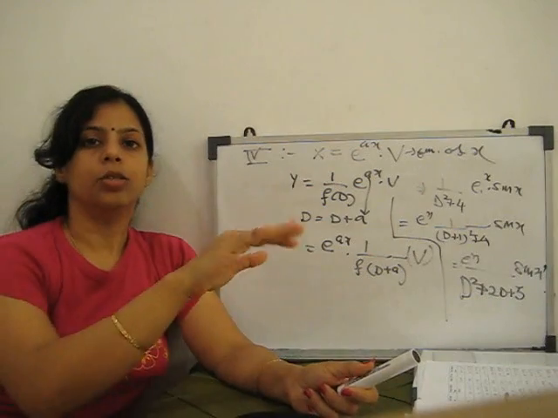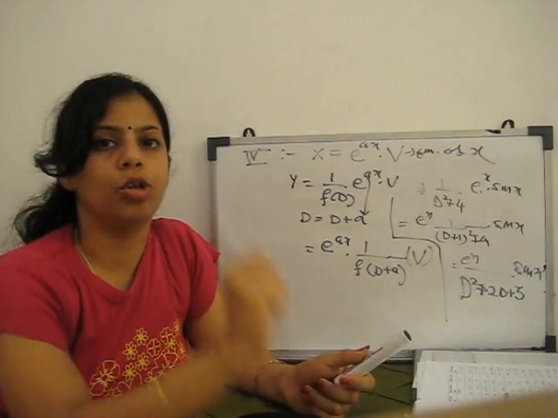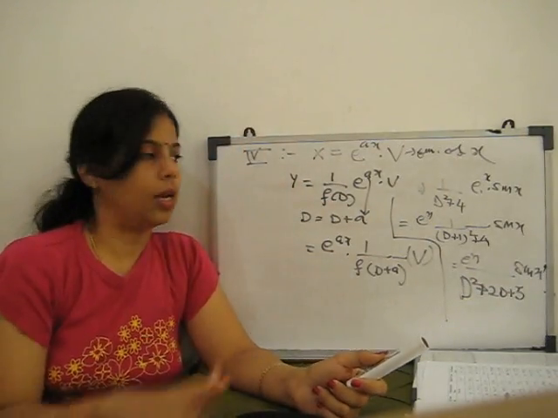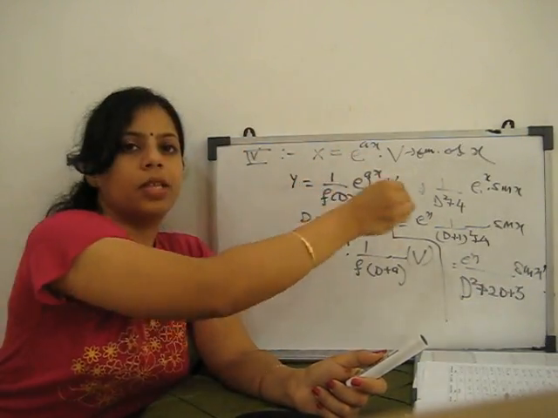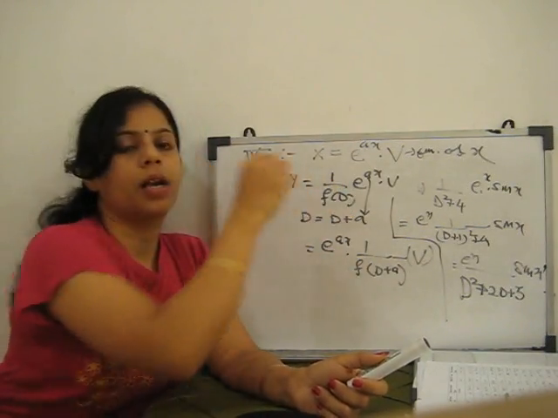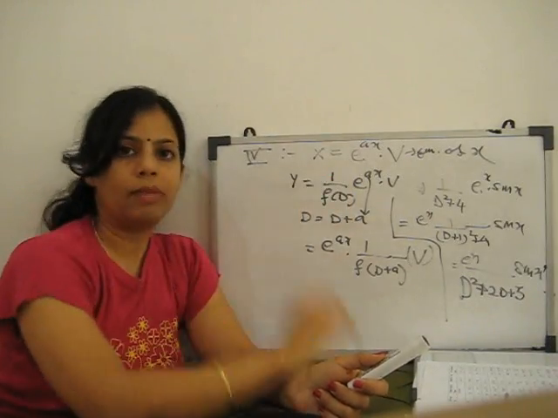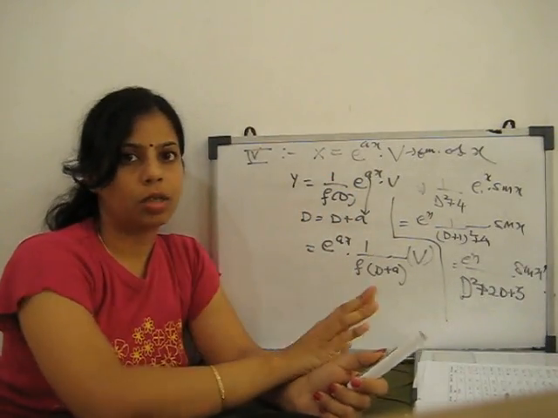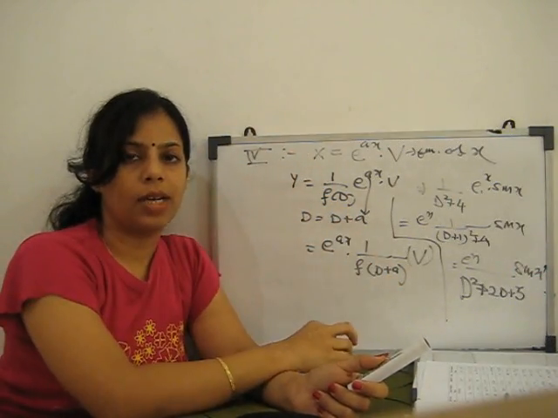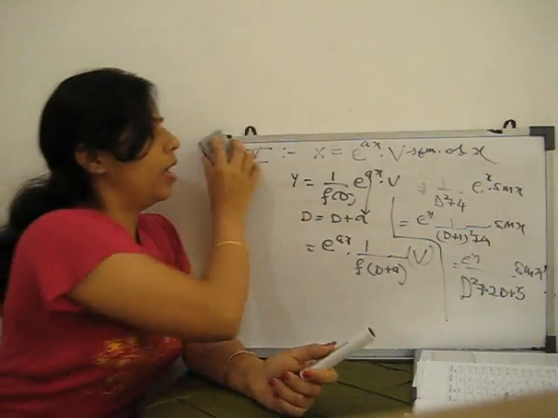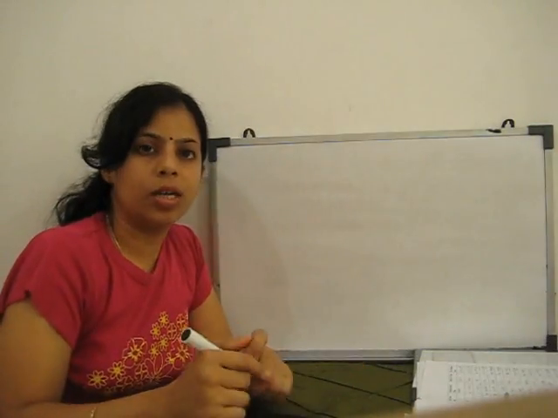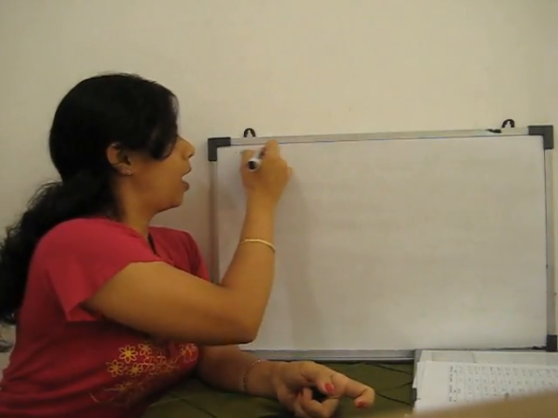Last is the general form, the general solution for the particular integral. If any case fails, where we replace d with a or d square with minus of a square or anything, and f(d) becomes 0, if f(d) becomes 0 then our PI is 0. So that is the case of failure. For that case of failure or any other function, we have one general solution for the particular integral, that is case 5.